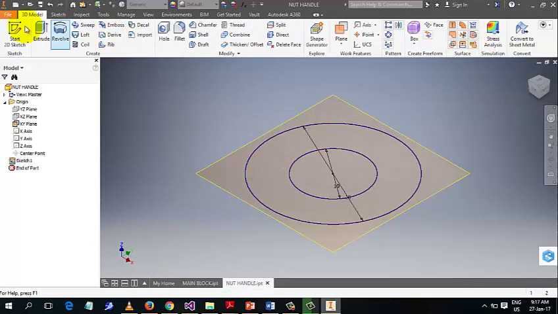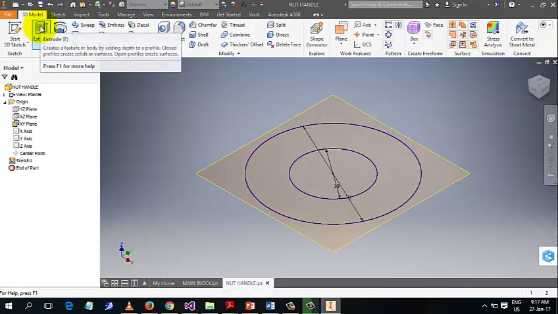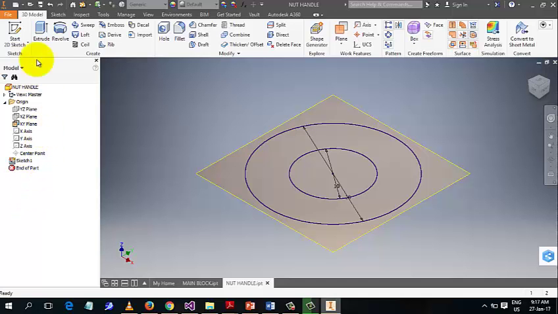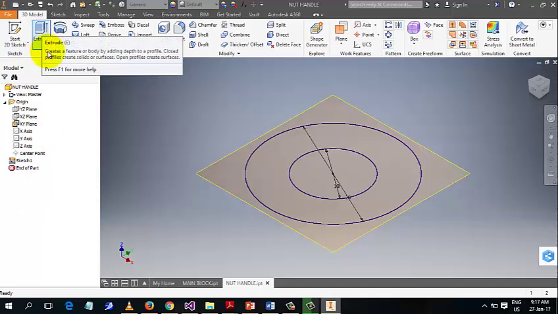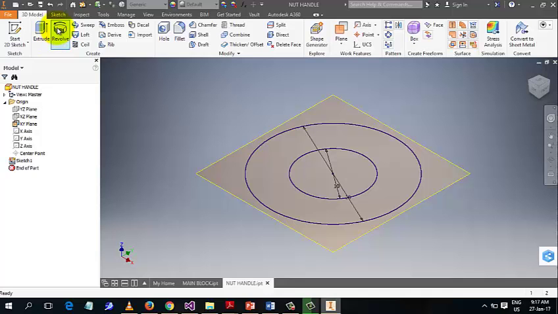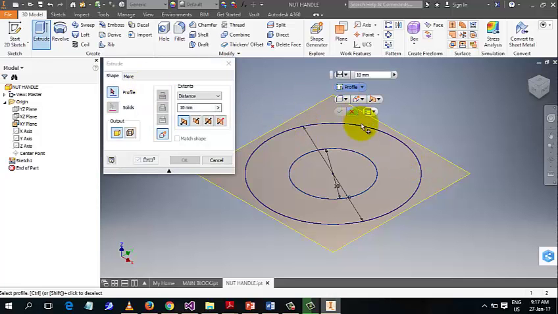So I'm going to click on extrude. I want to tell you that the most used part feature is extrude. Then after that, revolve. You'll be using revolve most of the time, and sweep. So let's click on extrude. And when you click on that, it's going to ask for the profile. If you look at the status bar here,